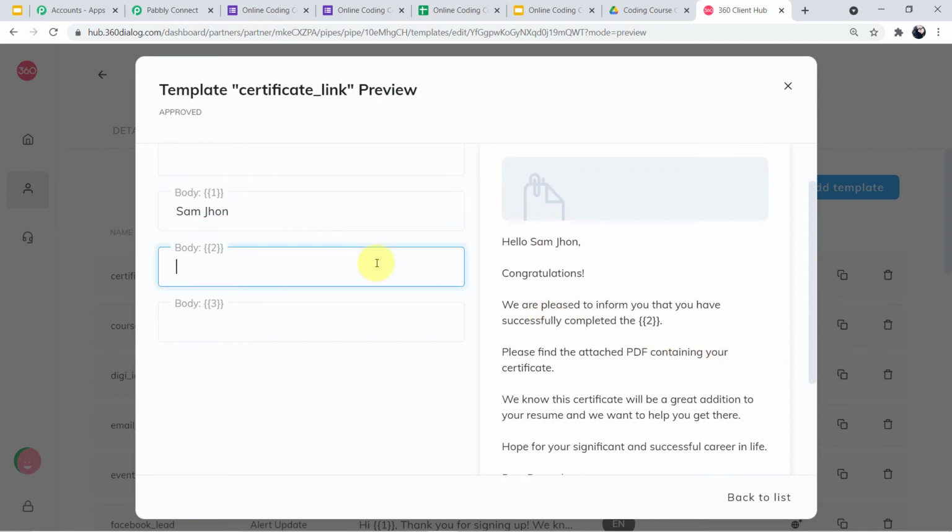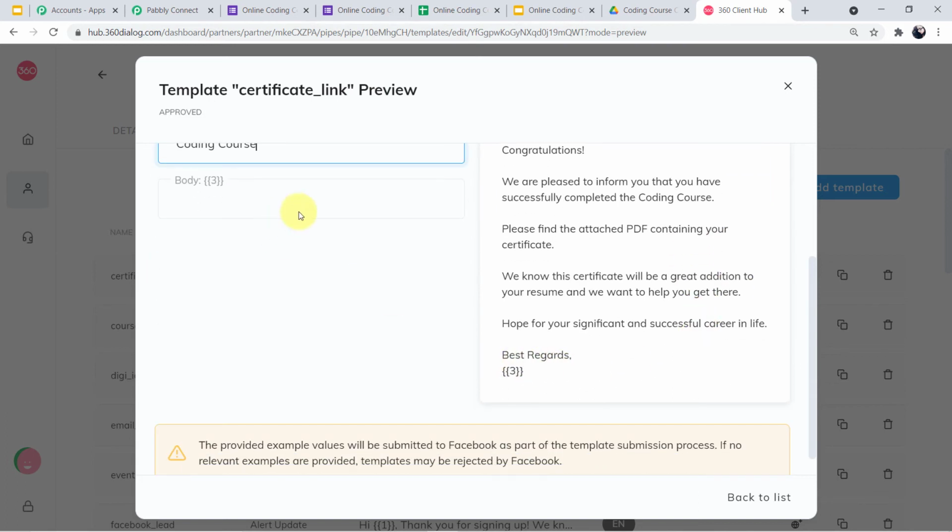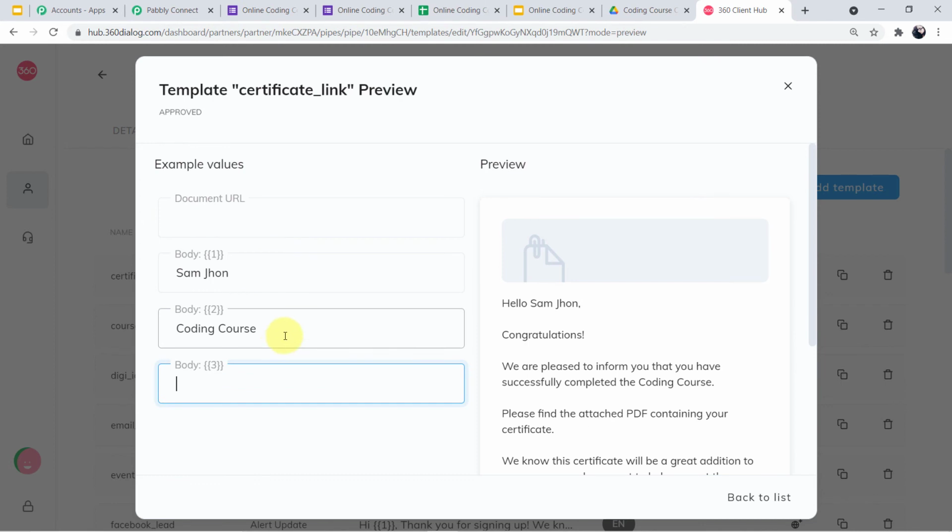Now in body number 2, the course name will come. So let's say the course name is coding course. So you can see automatically the variable 2 has changed, and same goes with 3. So here the institute name will come and automatically the name will appear as soon as I enter the body number 3. So this is just an example I have shown you.